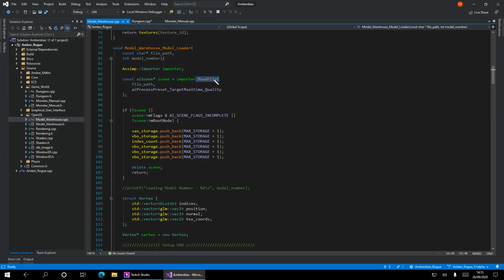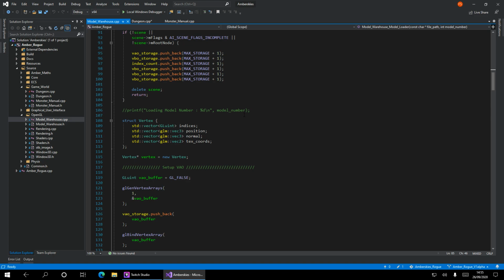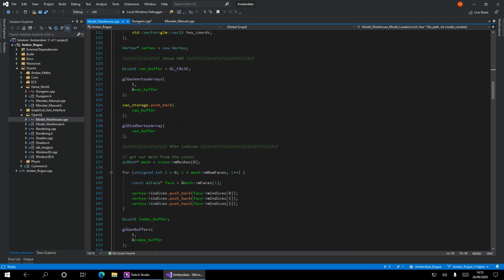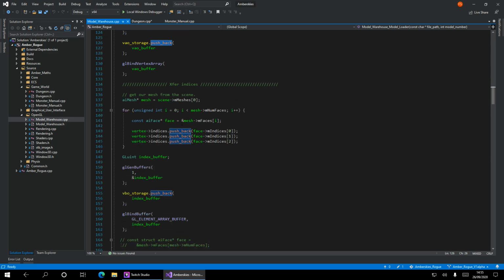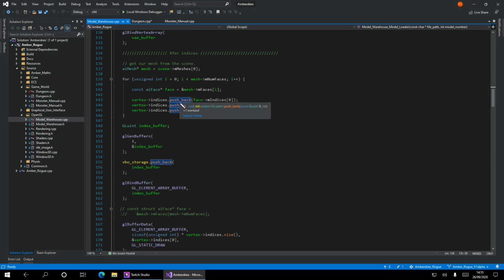It's in orange, which means it's a command. We read a file. We put the data that we create into storage, which is the next part of this. Okay, storage.